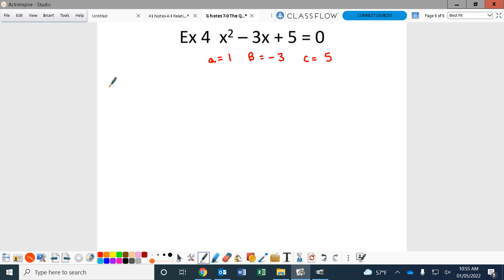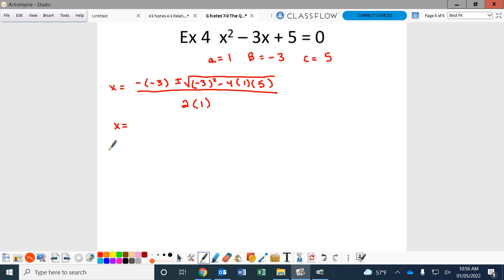So it's going to be x equals the opposite of negative 3 plus or minus the square root of b squared, which would be negative 3 squared minus 4 times a, which is 1, times c, which is 5, all over 2 times 1. So x equals, now this one goes quick, there's not much to it, because watch what happens. The opposite of negative 3 is 3, plus or minus the square root of,